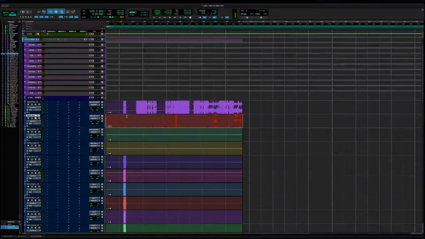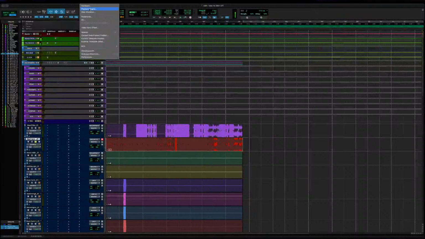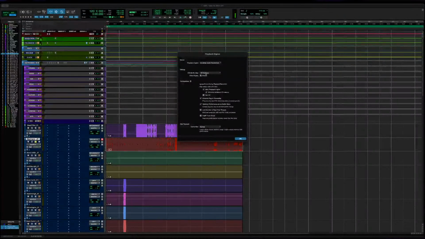Something that's important to know before I get started, I need to see what my playback engine is set at. It's set at a hardware buffer size of 128 samples. I'm going to move that up because when I'm mixing, I need it to be as high as